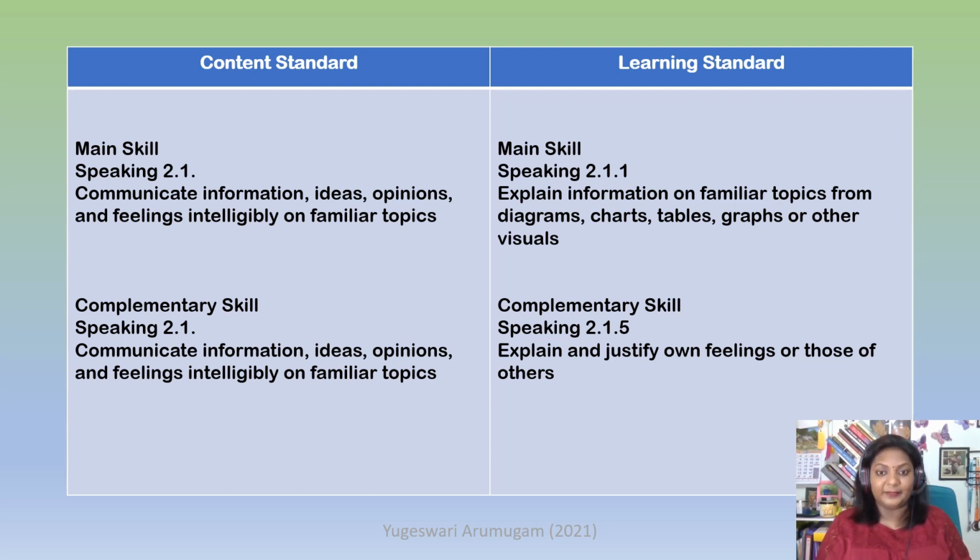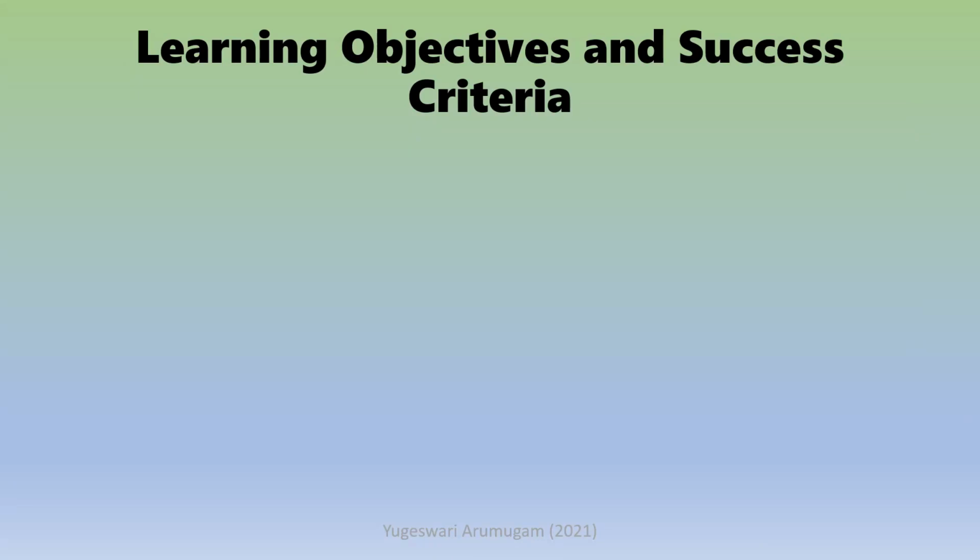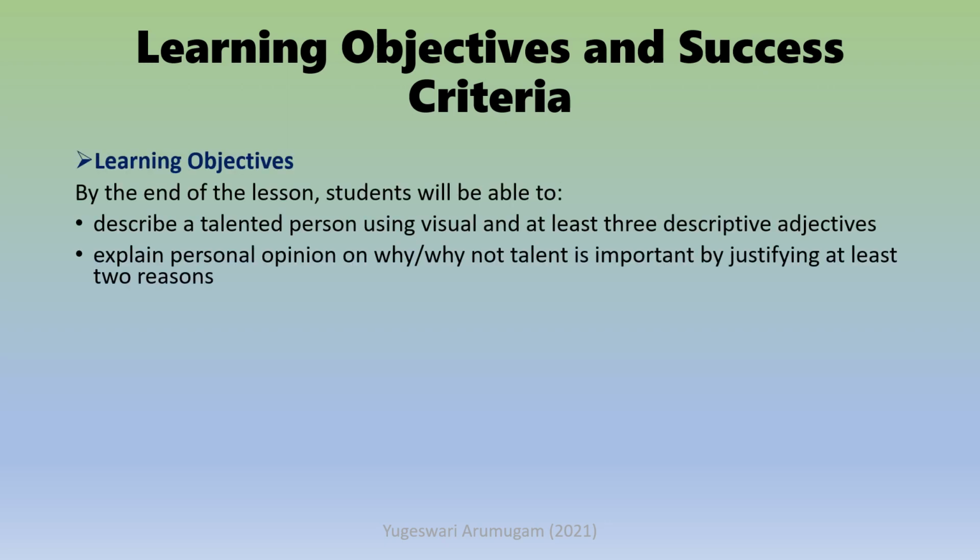While for the complementary skill is Speaking 2.1.5. Explain and justify own feelings or those of others. Now, let's look at the learning objectives and success criteria. Learning objectives. By the end of the lesson, students will be able to first, describe a talented person using visual